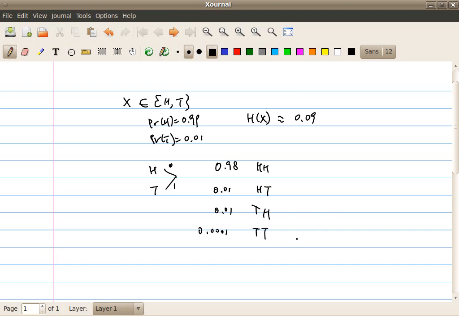And if we build a Huffman code for that, it would be something like this. Let's assign some code words. The code word for the super symbol HH will be 1. For HT it will be 01. For TH it will be 001, and TT will be 000. And we can see that the expected length will be approximately equal to